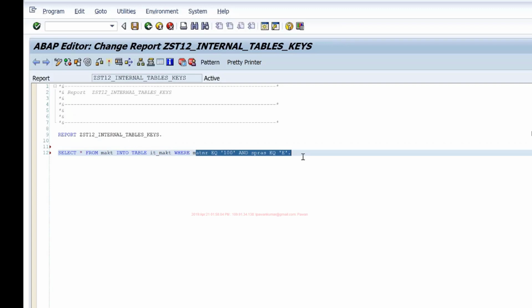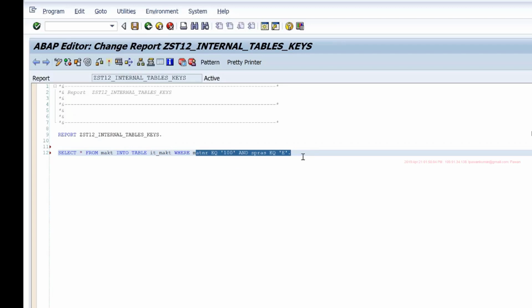But the disadvantage is that this index has to be regenerated every time you add a record to the table. So every time a new entry is added or an existing record is updated, the system has to regenerate all the indexes. So if you have too many indexes, that's a drawback, because the system has to spend more time maintaining these indexes for every record that is being added. So that's why we don't generally recommend having too many indexes for your table, because it may improve the performance of your one program, but overall it will bring down the performance of the system. So we have to be careful when creating these indexes.